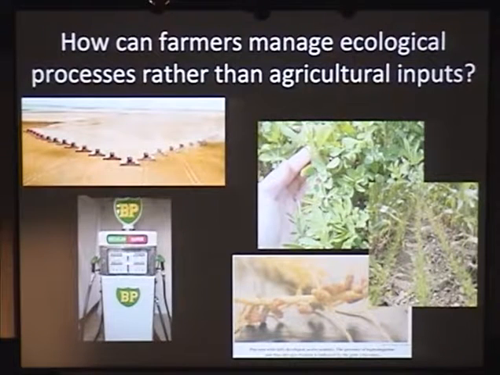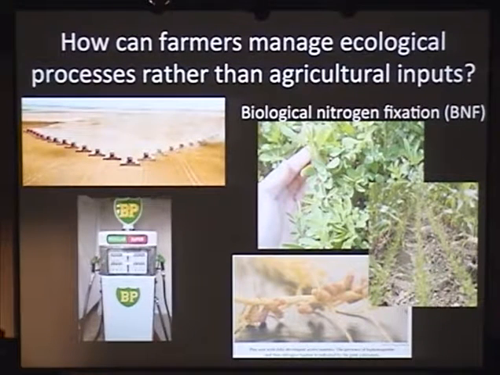So all farms are agroecosystems, and they follow principles of ecology. So in my work, I ask questions like this, thinking about how can ecological approaches to food production help us meet both food security goals and goals for natural resource conservation. And in particular, I focus on nutrient cycling processes, especially biological nitrogen fixation. So nitrogen is one of the most limiting nutrients to crop production. Nitrogen fixation is one of the most valuable plant traits in agroecosystems because it supplies a new source of nitrogen to plant fields while allowing us to reduce one of the most fossil fuel intensive inputs to agricultural systems, which is commercial nitrogen fertilizer.